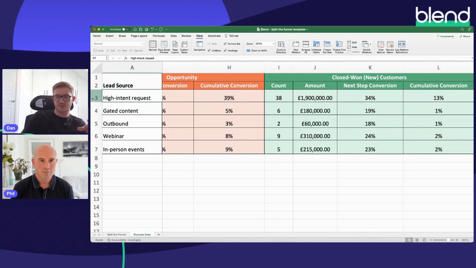So it's really important to understand where they're coming from, which is where self-reported attribution comes in. And it's really interesting when you start getting results like, oh, I heard about you from a colleague, or a referral, or word of mouth. It's like, wow, so our marketing is having virtually no impact, according to attribution, on actually getting these high intent requests. So we're just burning budget on low intent lead sources like this to get absolutely no return on it. So how can we then spool up a new kind of engine so marketing has some impact?